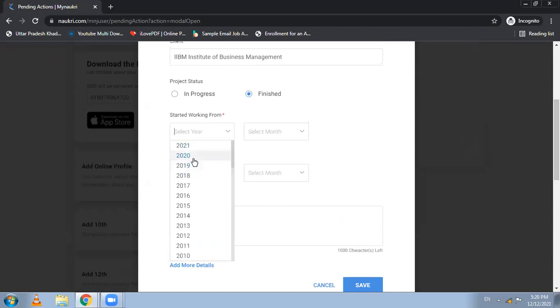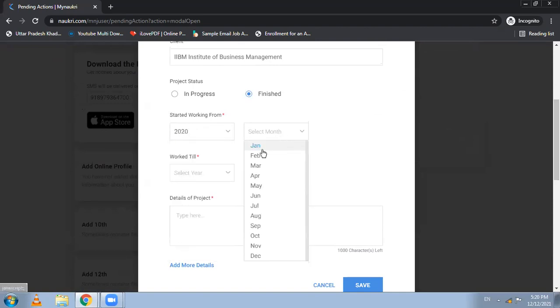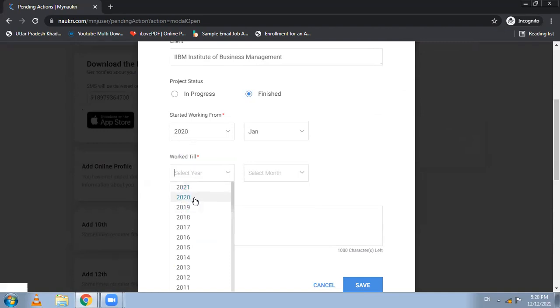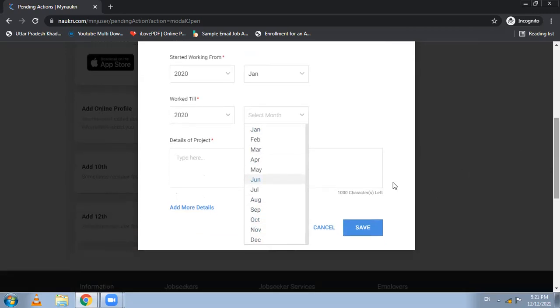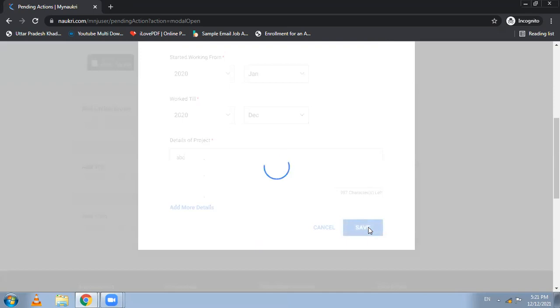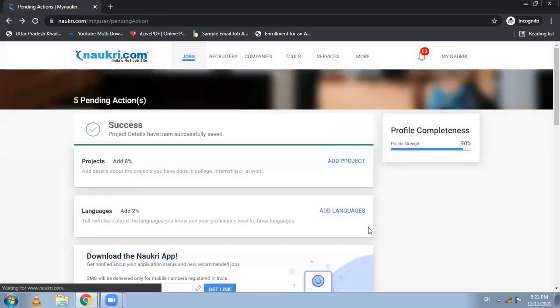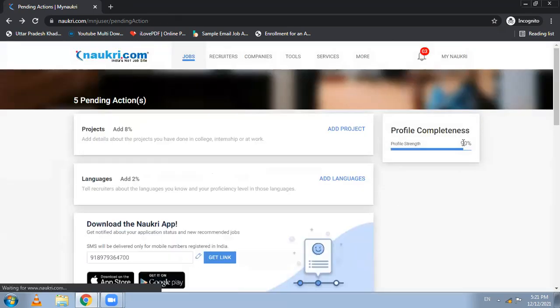You can say, for example, 2021 January to 2020 December. Then save. So the project is complete. It is 90%, and with the project added, it will come to 98%.